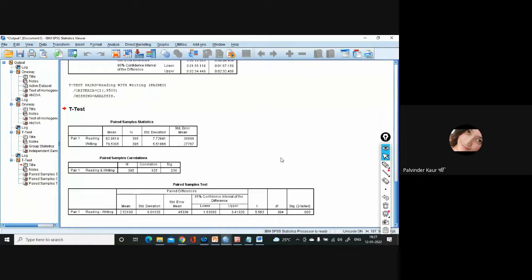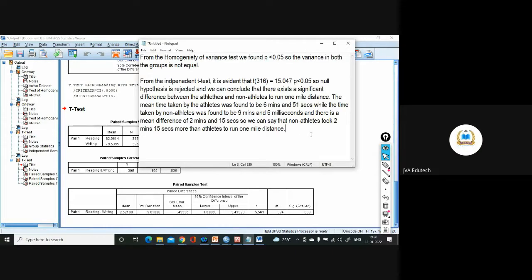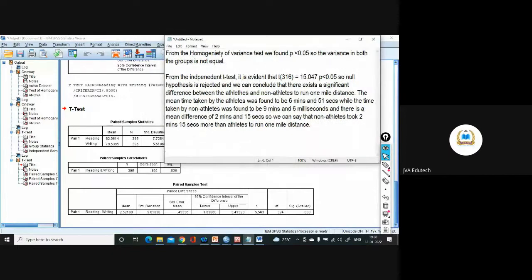We are getting a higher p-value than 0.05. So we accept the null. Sir, it is 0.03. Ma'am, how come 0.03 is greater than 0.05? It is less than 0.05. Yes, sir, it is less than. So we will reject the null hypothesis. This is less than 0.05, no? So we will write like this.